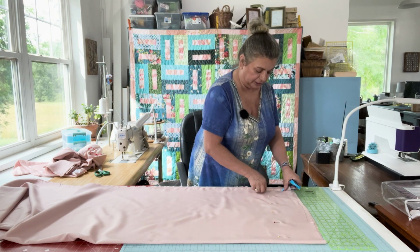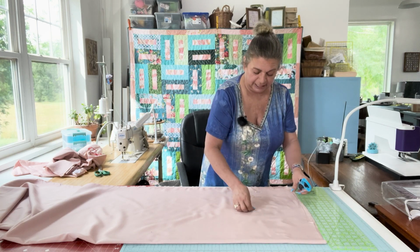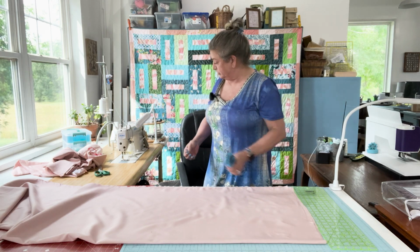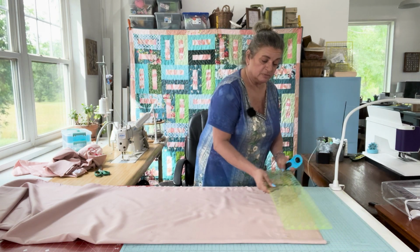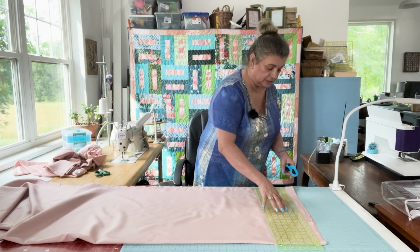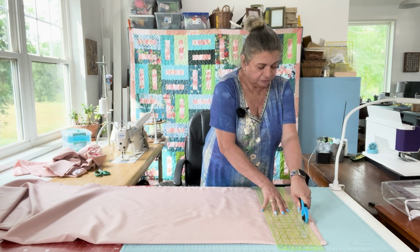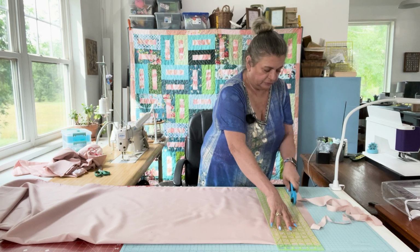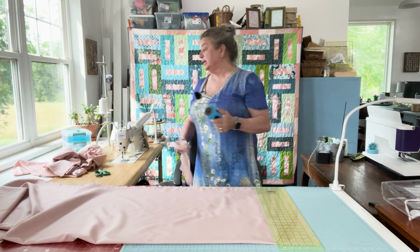I think I'm going to have to take these pins out. They're my drapery pins, so they're not flat like your quilting pins are. Put them where they belong. Okay. So I'm going to go over here like this and just trim this stuff off. That should be nice and straight now. There we go. I'm going to do that to the other side,